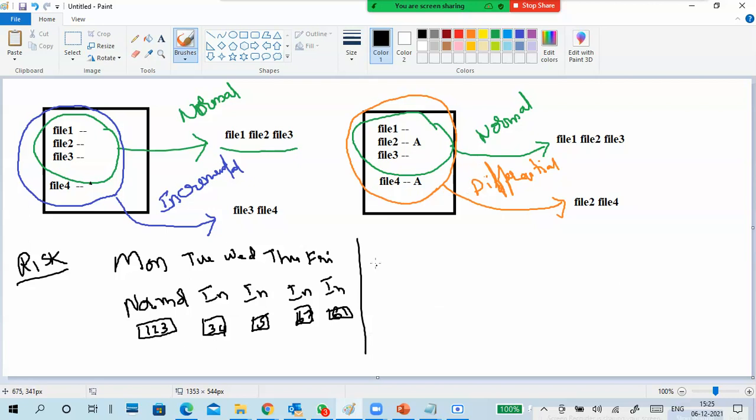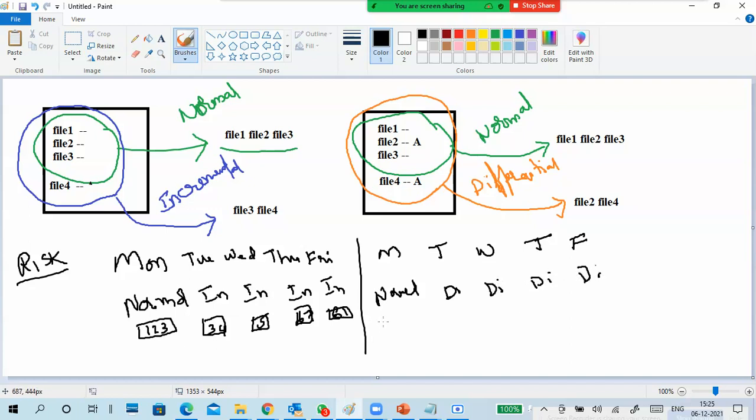Next, what is the differential? So we'll see Monday, Tuesday, Wednesday, Thursday, Friday again. Same thing, a normal backup on a Monday. Then I take a differential backup on regular days.